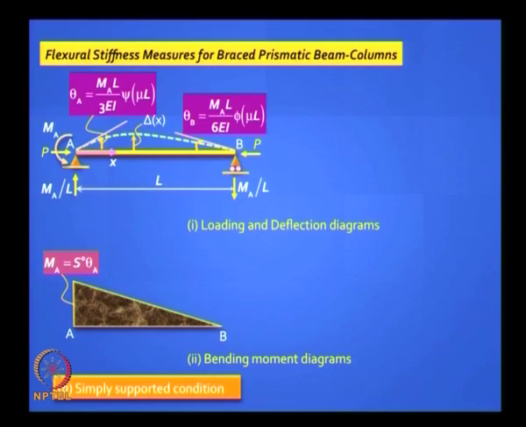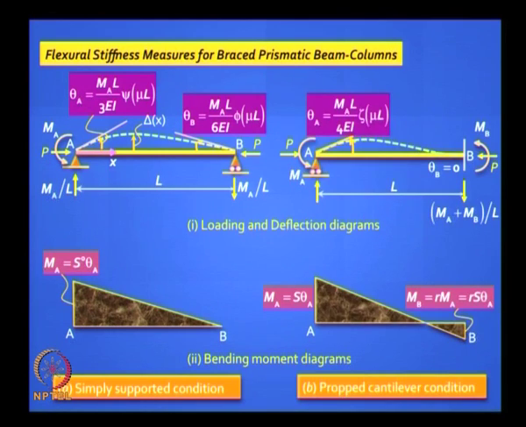Like this case. If I have an end moment MA, and if I didn't have any P, what's the rotation that I get at that end, the flexibility coefficient? It will be ML by 3EI at this end, and at the other end ML by 6EI, right? And your bending moment diagram would look like that. If you had an axial compression, then the theta will get increased, and we won't go through the proof of it, but it will be increased by a function as shown here,